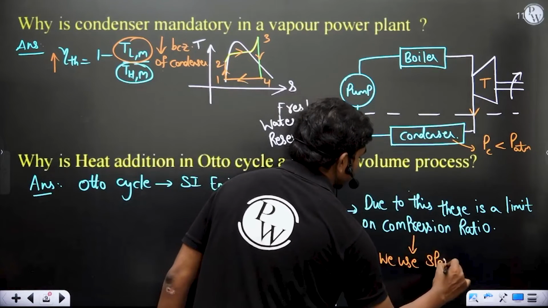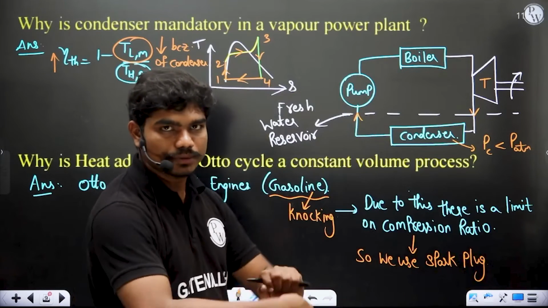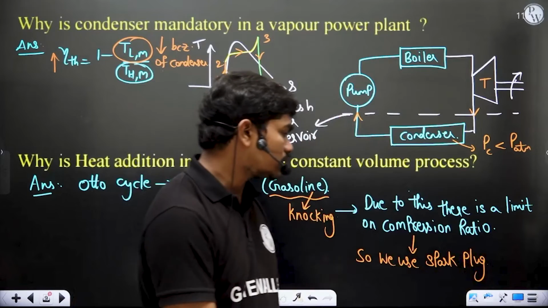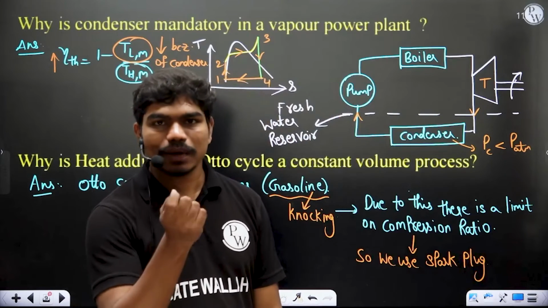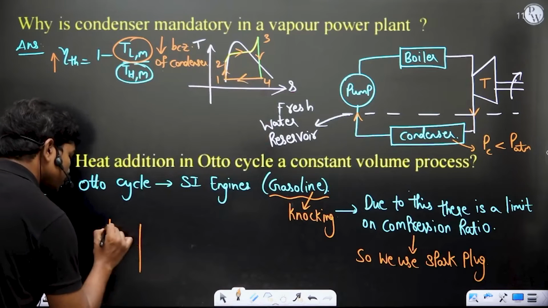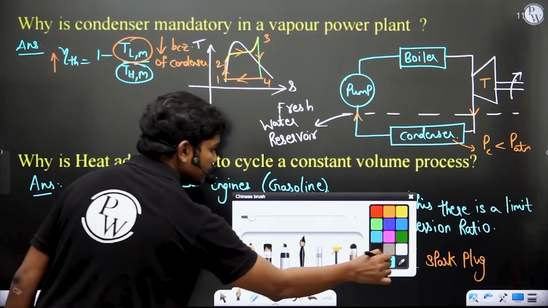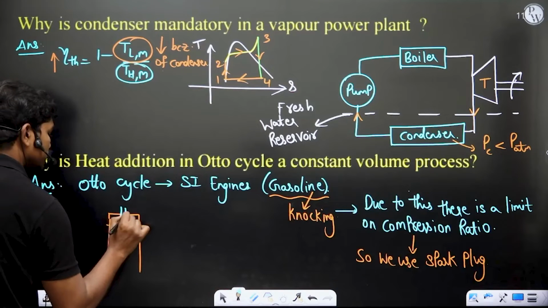So we use a spark plug actually, which you generally see in bikes. Outside it's visible. Normally, sometimes you open it and clean it if the engine doesn't start soon. So we use a spark plug. Now when a spark plug is used, what happens is, by the time the piston comes, let's suppose this is your top dead center and you have a small spark plug here. So if you have a small spark plug,